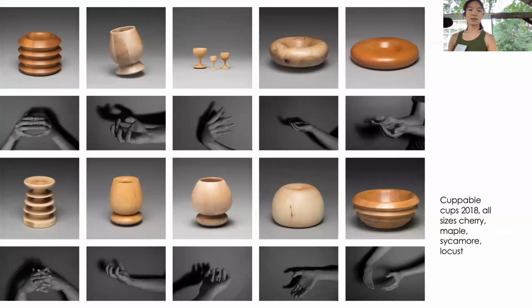This is a series of wood-turned vessels that are all based on hand gestures. And I too, like Zach, am playing hooky from a residency right now. So I made these in 2018,